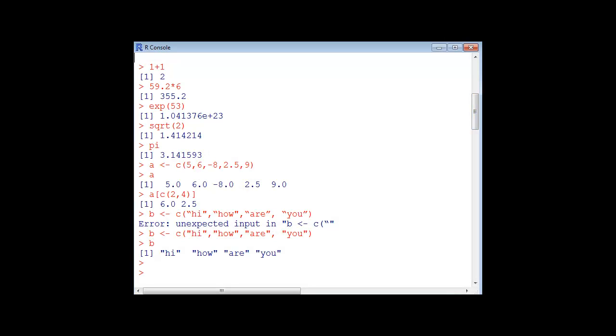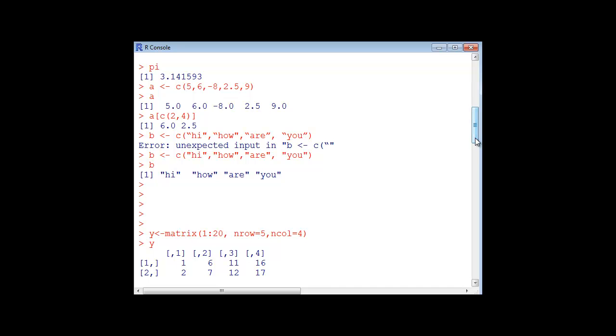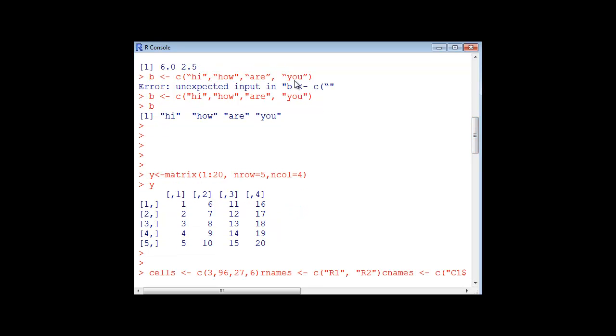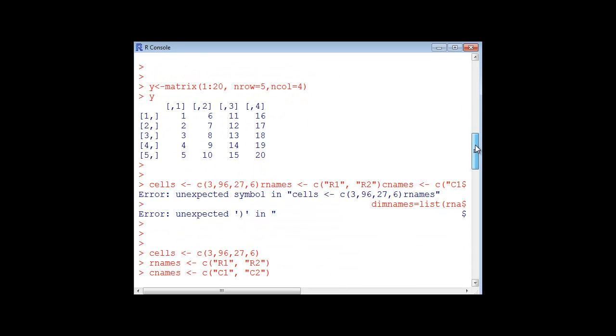So at the end, let's summarize once again what we have learned today. First, R is a calculator. All the addition, multiplication, subtraction, precedence operator, exponential, square root, pi, we can perform in R. We can create a vector using the assignment operator and c. We can find any element using the square bracket. The string, that is a character vector, can be generated using the inverted commas. If we want to create a matrix, then simply write matrix, the vector, number of rows, number of columns.